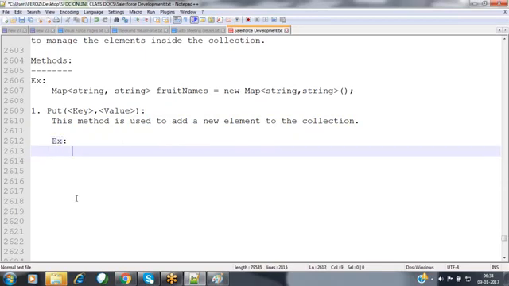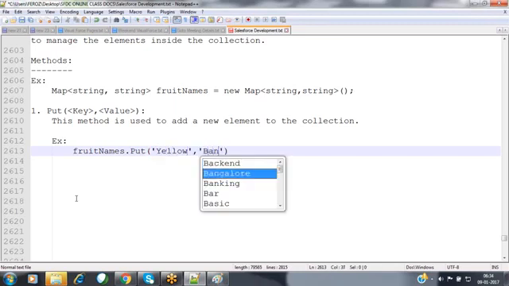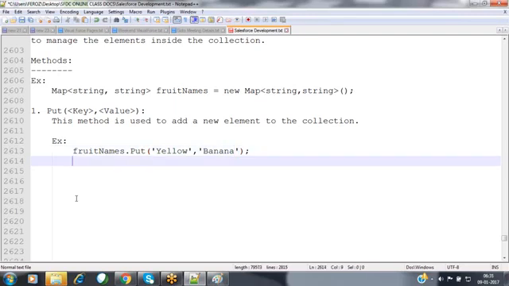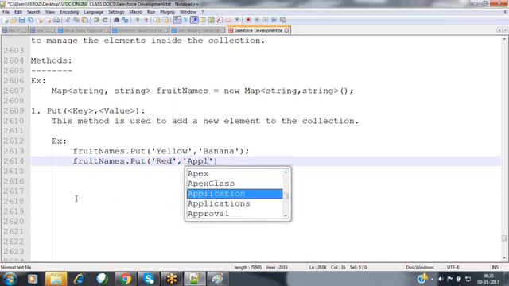Now, for example, fruit names dot put. I would like to add an element here. I'm adding yellow, the fruit name is banana. Fruit names dot put, I'm adding red, apple.